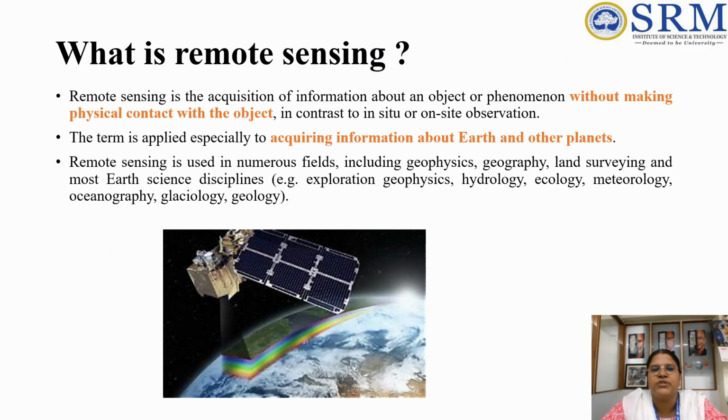So what is remote sensing? It is the acquisition of information about an object or a phenomenon without having physical contact with the object, in contrast to in situ or on-site observation. This term is especially used to acquire information about the Earth and also other planets. Remote sensing is used in numerous fields including geography, surveying, and earth sciences like geophysical exploration, hydrology, meteorology, oceanography,